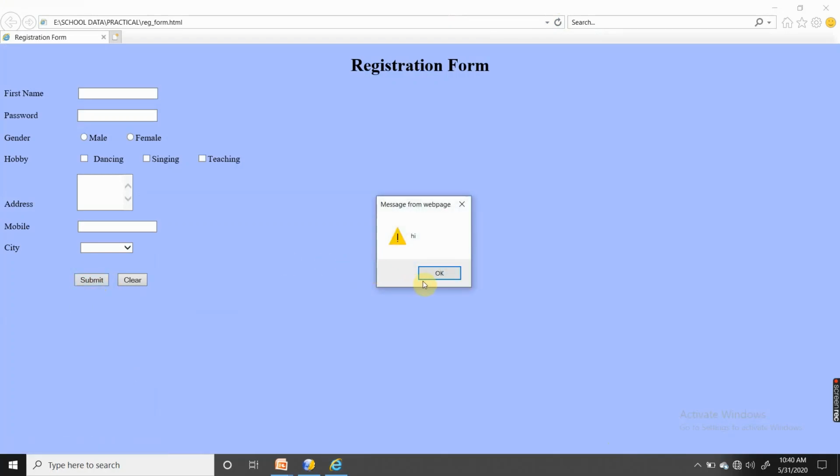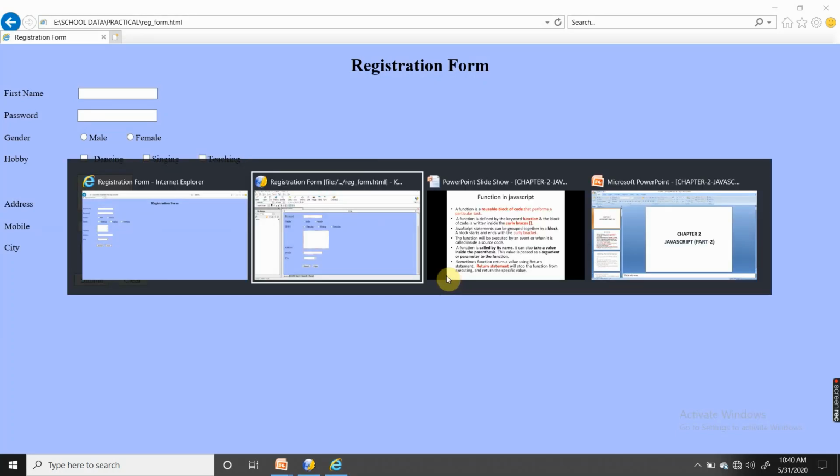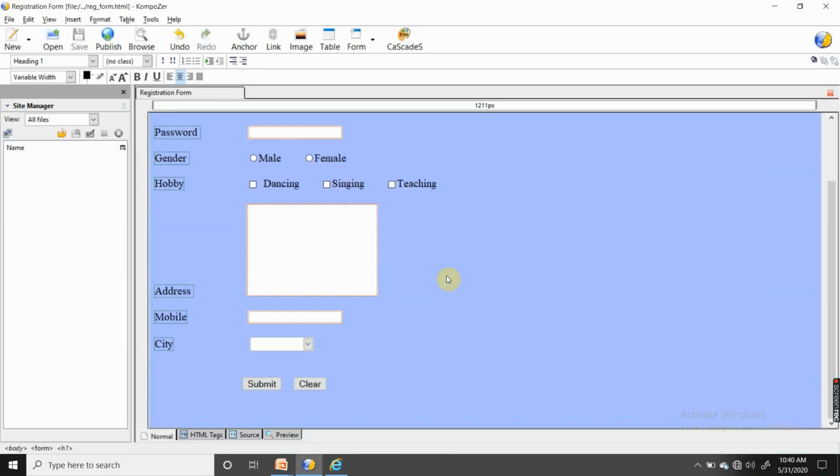Yes, I am getting Hi because I have done the event handler. The script opening tag and closing tag are written correctly. Even the function name is correct, with the syntax correct. I have done the round bracket, curly bracket, everything correctly. That's why I'm getting this message. Now you can proceed. So the function is all right.